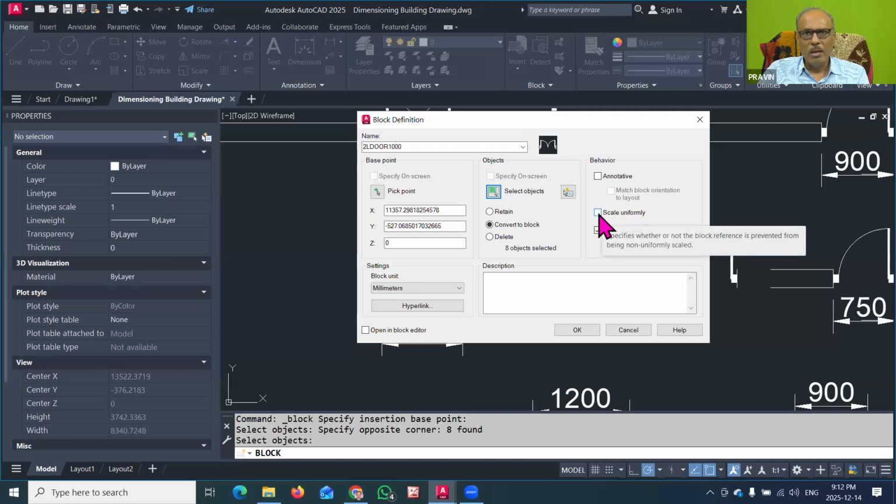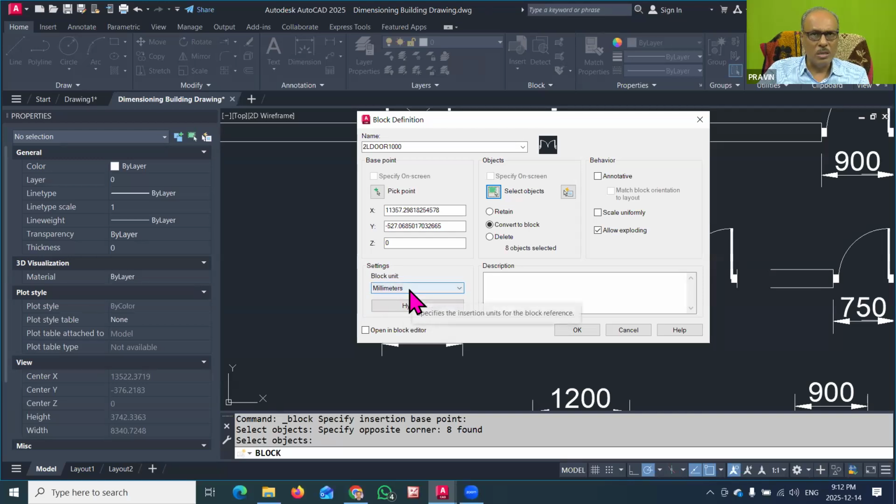And again you have to remember that we have created our drawing in millimeter. So there also you have to remember the block units are also in millimeter. So that is a very much important thing. If you change here, then your block will be of no use, because as the dimension of the building changes, drawing changes, sizes change, this block will not fit there properly. So that also you have to remember. You have to use the natural scale that is in the millimeter, and therefore block unit also you have to keep in millimeter. So this millimeter does not have any relation with your unit changing. Some people change here and then say that my dimensions were converted to meter and all these things. So that is the wrong thing.